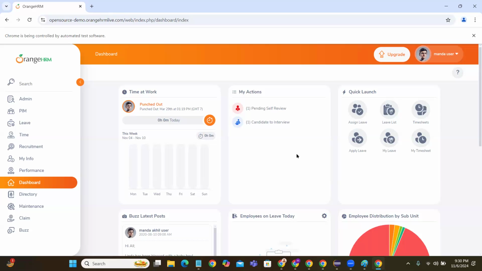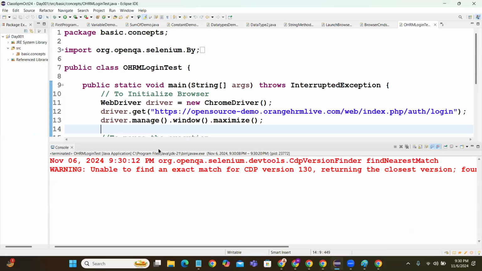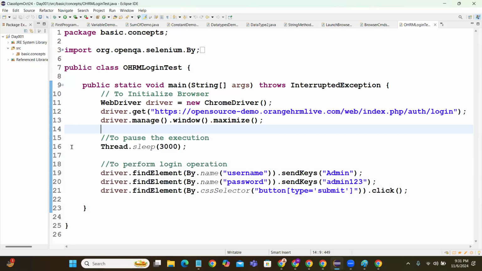Like this. This is what we call automation testing. Here we are not going to do anything, we just run the program that is going to test the application. Okay, now